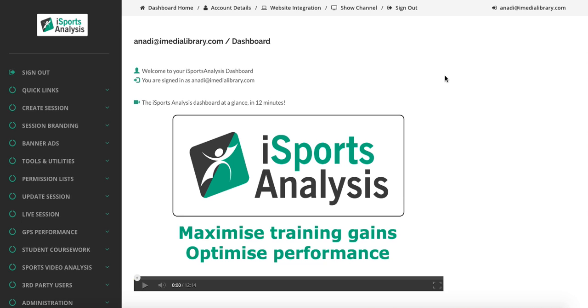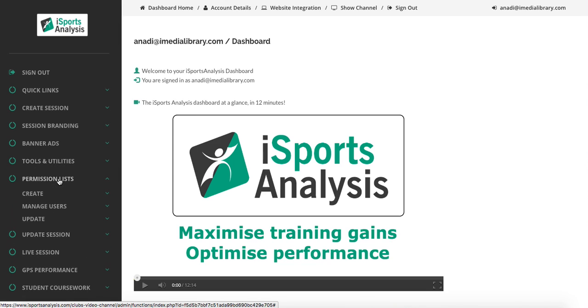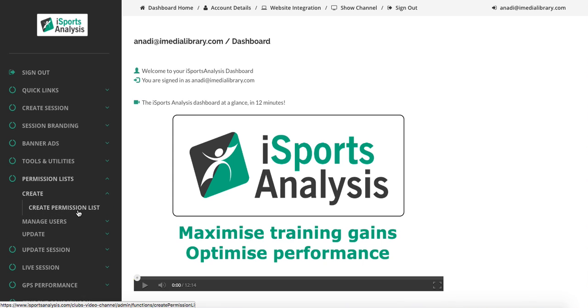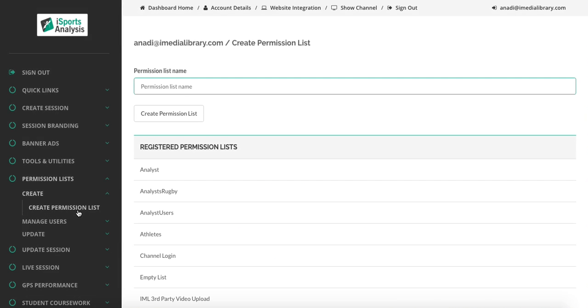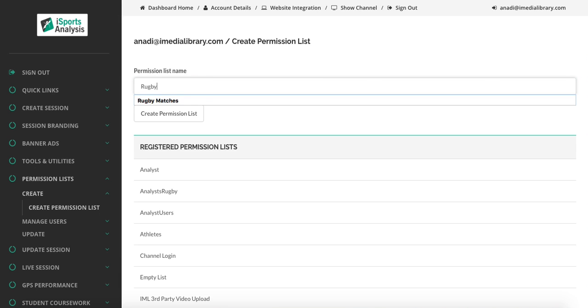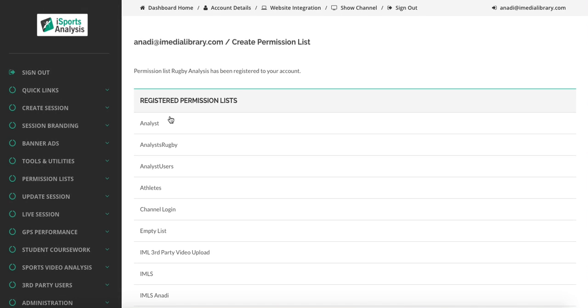When you've logged into your iSportsAnalysis dashboard, we'll see in the left-hand navigation bar that we have the option Permission Lists. What we'll do is create a permission list. I'm presuming that we don't already have a permission list that we'd like to associate analysts for, so we will create a permission list. And there we have